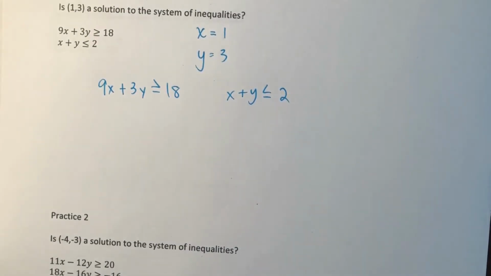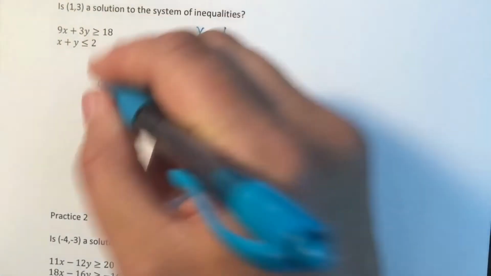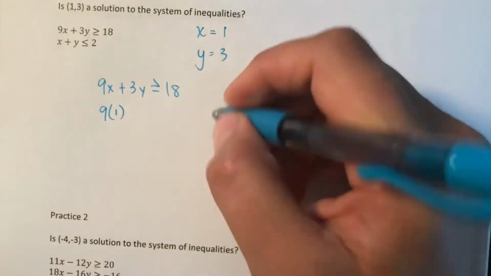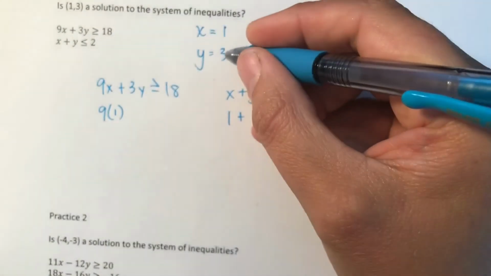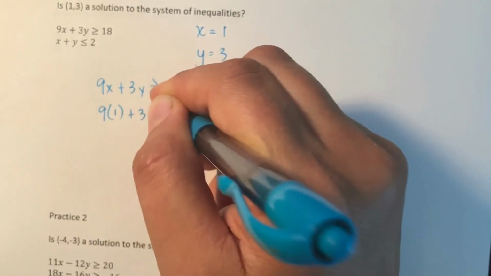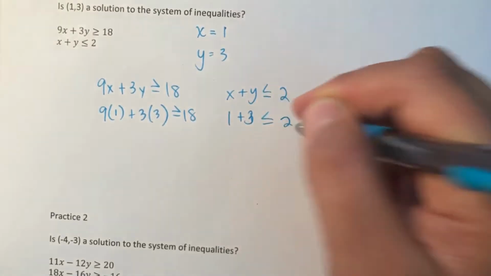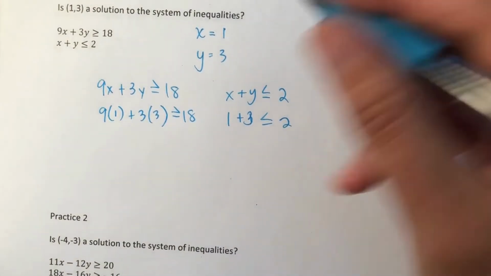And x plus y is less than or equal to 2. So if I plug in 1 for x, and I plug in a value of 3 for y,